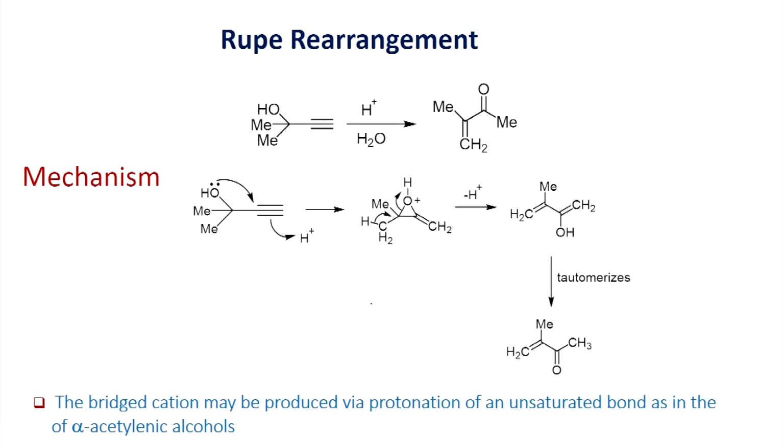Now, let us look at another example. The reaction of an acetylenic alcohol is shown here. When you take this acetylenic alcohol and react it with acid, as we have seen, it can be protonated. When you have water as the nucleophile, you will be able to convert this alcohol into a vinyl ketone as the product, and the mechanism of this transformation is shown here. As we have seen, protonation of this triple bond can generate